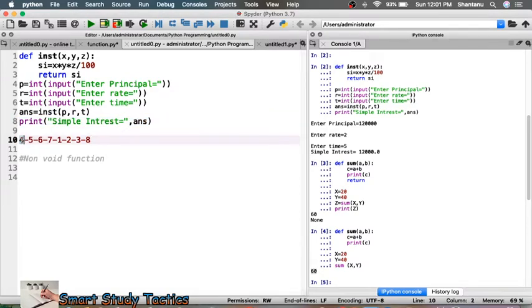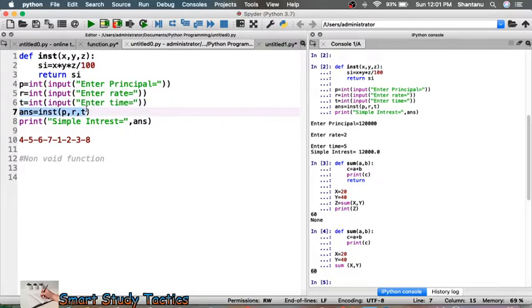Let's see here. First it will move to 4, then 5, then 6. The flow of execution is written here. Please make sure you keep your eyes on both the lines where I am going to highlight things. First 4, then 5, then 6, then 7.